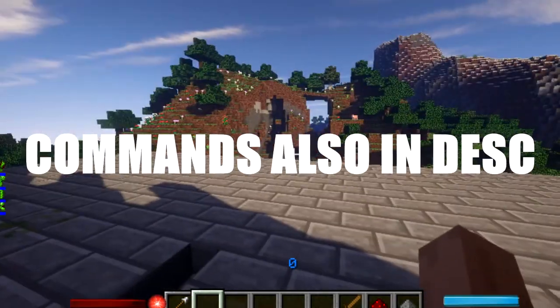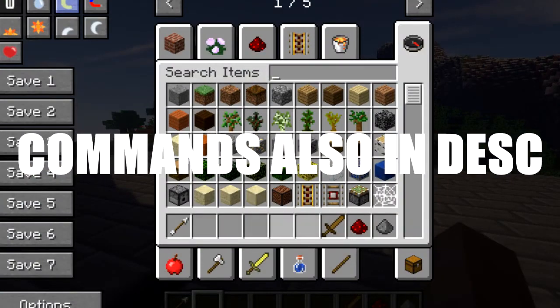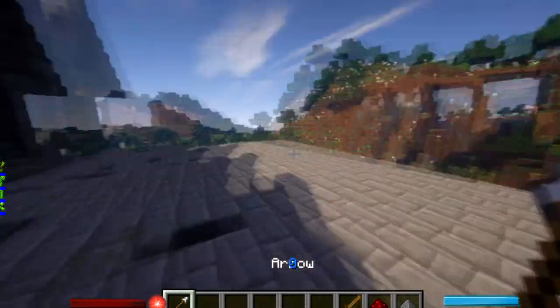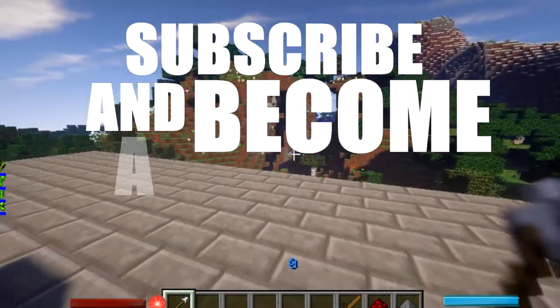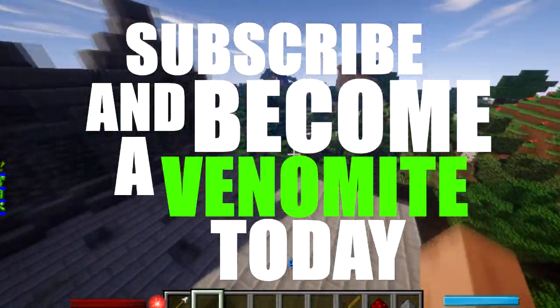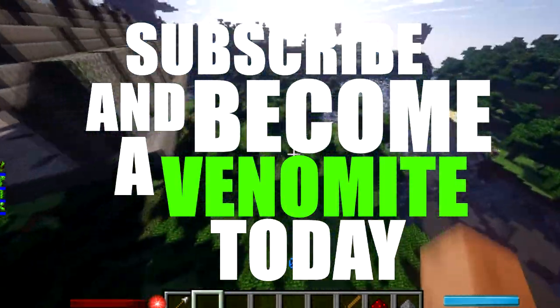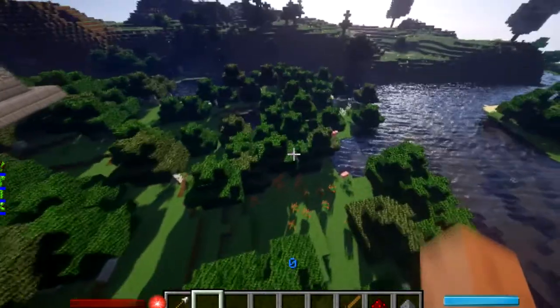So let's get started. Before we use any commands, we need a brush, so I'm going to get an arrow and a few other things which we'll need later on in the video. We also need to find a good enough area so we can terraform the landscape to make it feel more lively. Once we have found an area you like, we need to get started on removing some trees